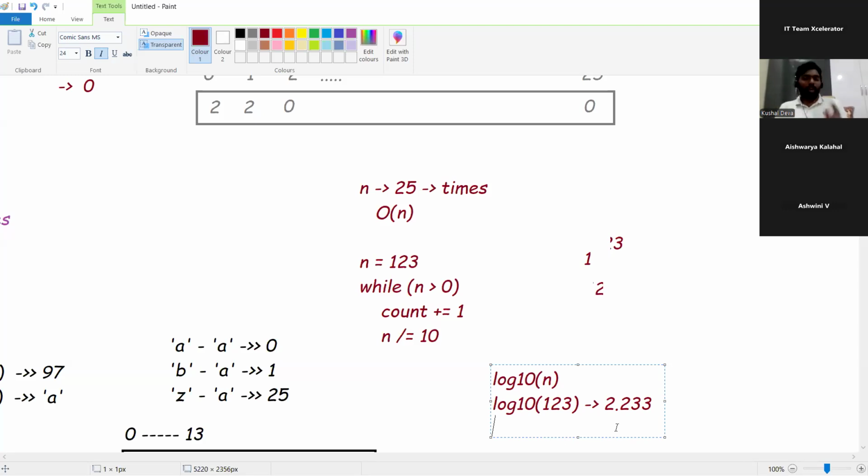Maybe if you remember, where you have something like binary search, there also log comes into the picture. So why does log come into the picture? Because you have low at the start, high at the end. When you try to calculate mid, you do low plus high by 2, exactly, right? You are dividing by 2 there. So log base 2 of n is the time complexity of binary search.